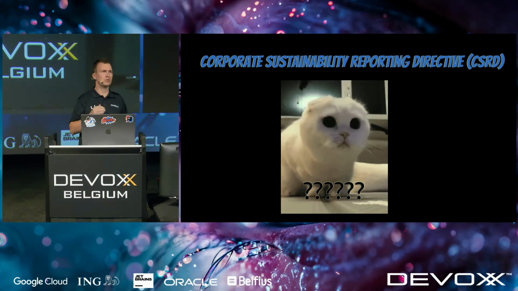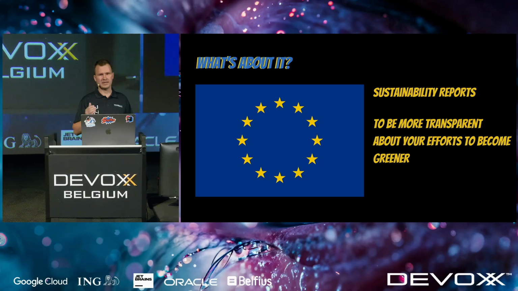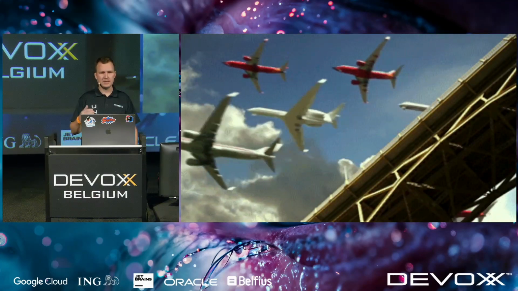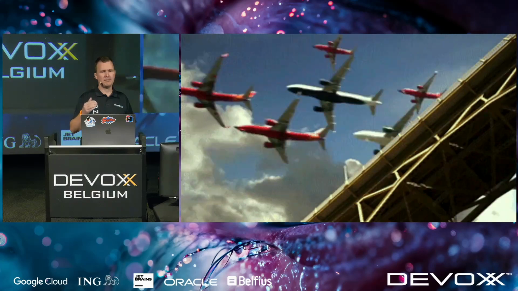They need to show you what you are doing in the back end. So they need to deliver sustainability reports. It's the same as a financial report, and it's to be more transparent about what we are doing. And IT is also one of them. If you compare it also to the aviation industry,